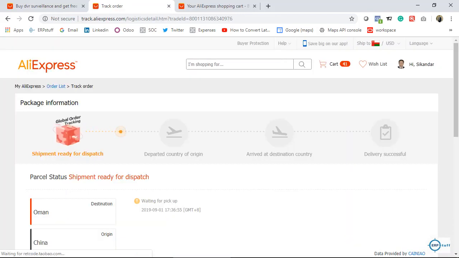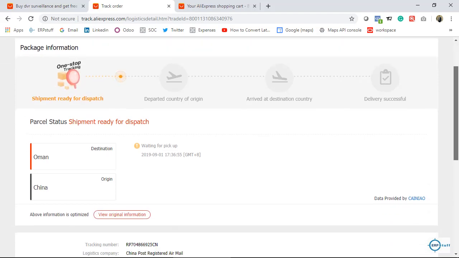this is how you can track. Okay. This is global shipment and then depart country of origin. So, still it is in China, they have not yet shipped out of China. So, once it will arrive in your home country, then it will be in this status and then delivery successful with your feedback. If you see here,